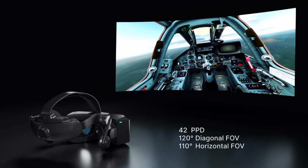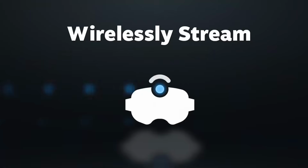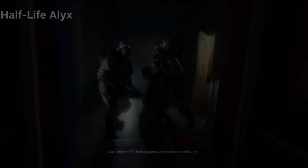Now finally, I just want to mention the PlayStation VR2 because it is another completely separate VR option out there. And they've also recently added PCVR capability to the headset. You will have to buy a $60 adapter, but for the price of the headset plus the adapter, you also have a fairly capable PCVR experience. It's probably just as good as the Quest 3 experience when it comes to combining with the PC, except you